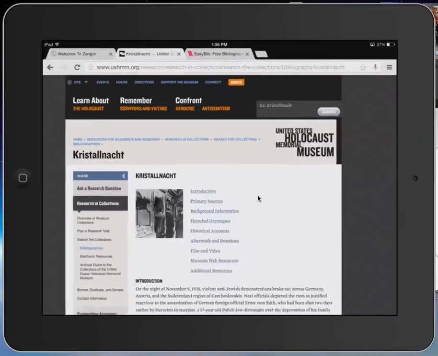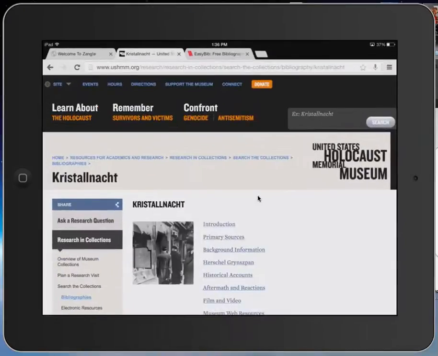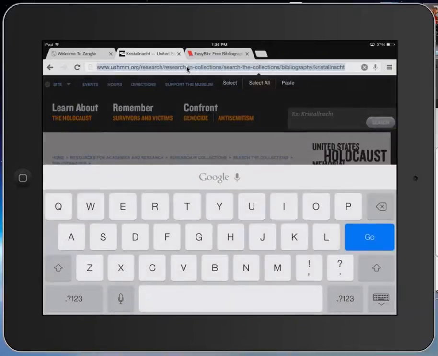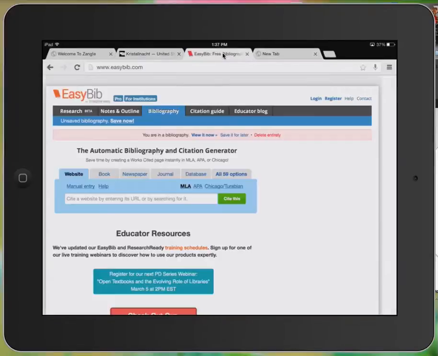But once you're here, once you have the website, you go all the way at the top to the URL. Make sure you select it all and then hit copy. Once you have the URL, you need to open up a new tab. I already have one ready, but open up a new tab, go to EasyBib,